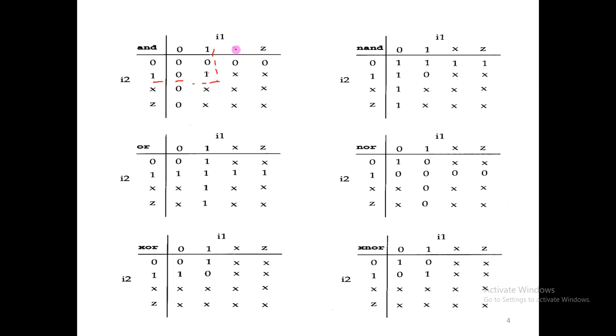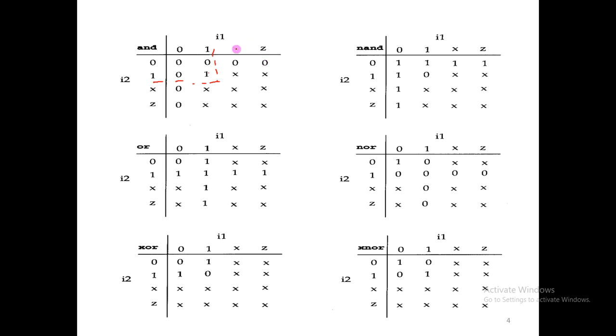Now this extension with X and Z has been given because to be a good digital design engineer, you need to address all the worst case scenarios. Somewhere in a big circuit that you have designed, at any one of the basic gates, let me consider the AND gate itself, because of some error there is something like Z as one of the inputs. Then what happens to the output there? All such analysis you should make before you go for the bigger design. That's why this has been considered.